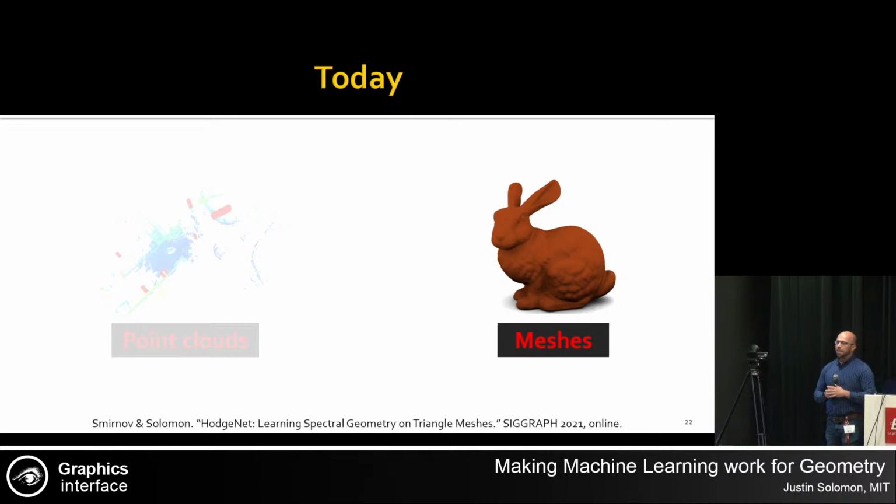So in the time we have remaining, which is more limited than I hoped, I'll tell you a bit about our research for learning from triangle meshes, which is of course a modality that we're all very familiar with in the computer graphics domain. A triangle mesh is kind of like a point cloud, but now I have more information. Now I know that the points on the point cloud are linked together in triangular structures. Also, I think the sampling is quite different. When I showed you these LiDAR scans, these are noisy, they come in very weird, irregular patterns. I think the typical triangle meshes that we approach in computer graphics don't tend to have those particular issues.